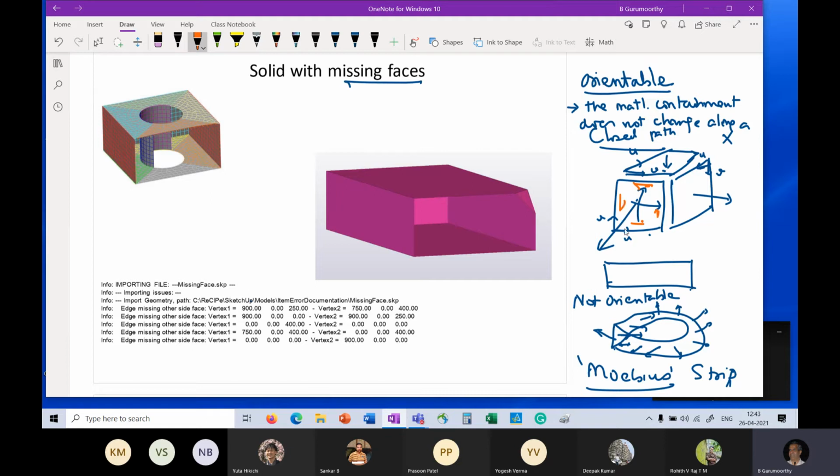That's the traversal of edges, so that my normal is pointing that way, consistently. And here, my normal is pointing out, and therefore my traversal of edges will look like this. And here, because my normal is pointing in, my traversal of edges will look like this.